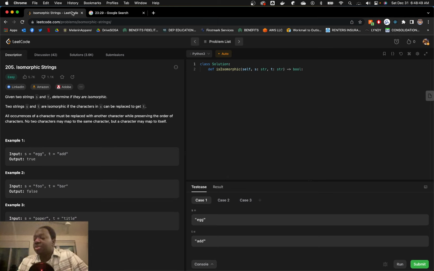So we initialize it with empty strings. We then loop over T, take a look at each character, and try to map it to a character in the dictionary, in D. And we're basically saying, okay, if this letter is not in the values of this dictionary, that means it hasn't been mapped yet, and therefore we should just assign